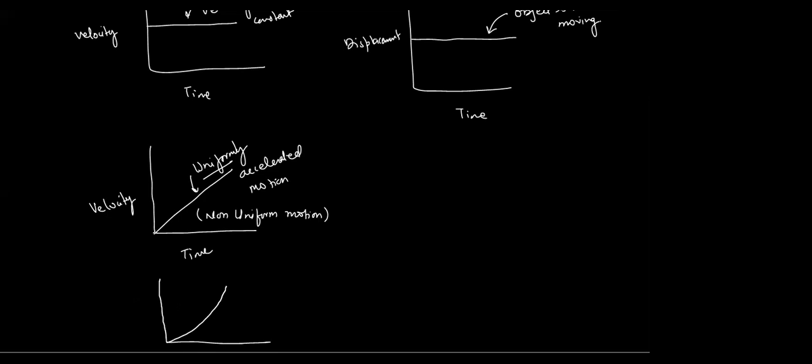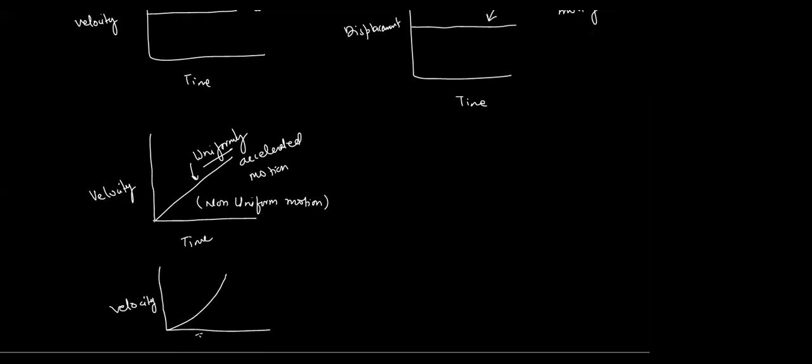It is also non-uniform motion because the velocity is changing, but not at a particular rate. So we will consider this velocity time graph as non-uniformly accelerated